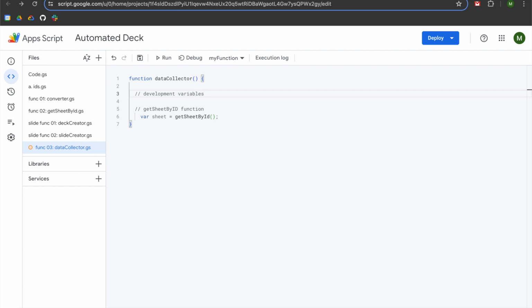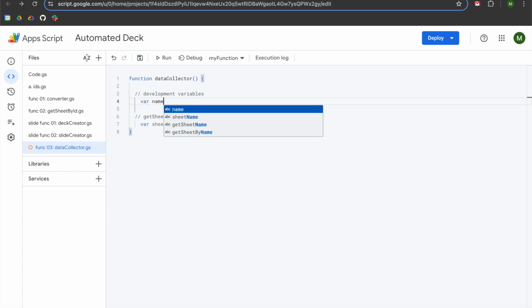So we're going to go up a couple lines, hit enter, add 2 slashes, hit enter once, and hit tab, and then we're going to declare var of name, and we're going to set that equal to empty parentheses, go to the right, add a semicolon,